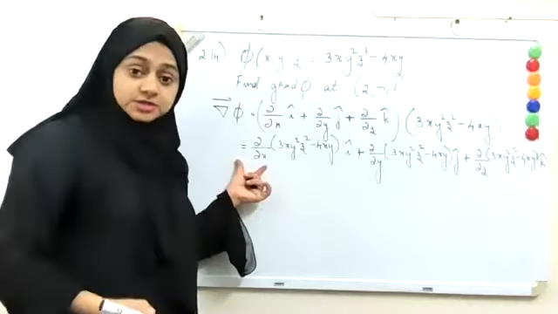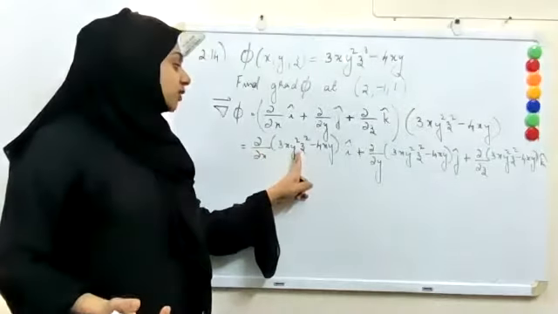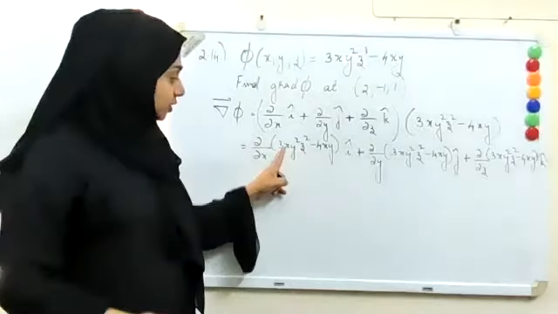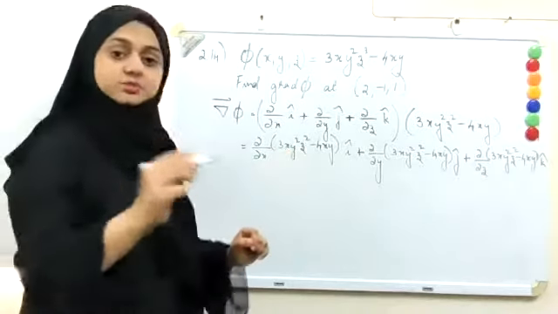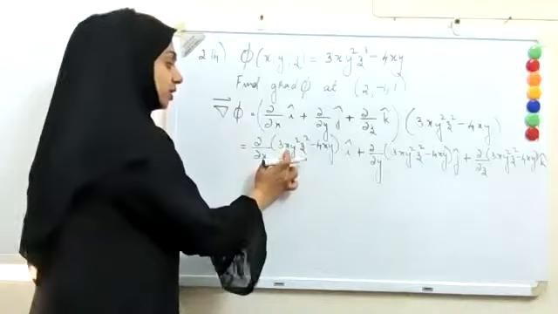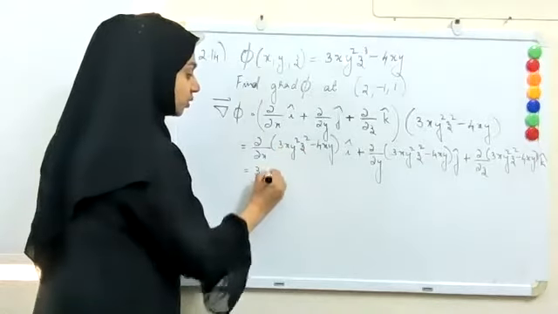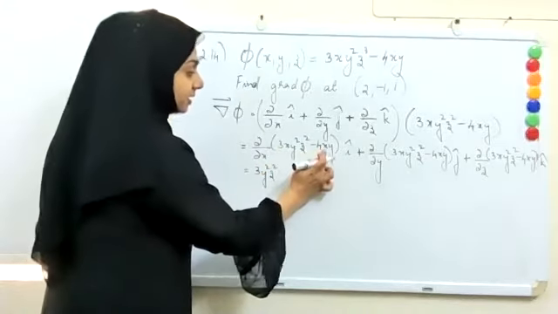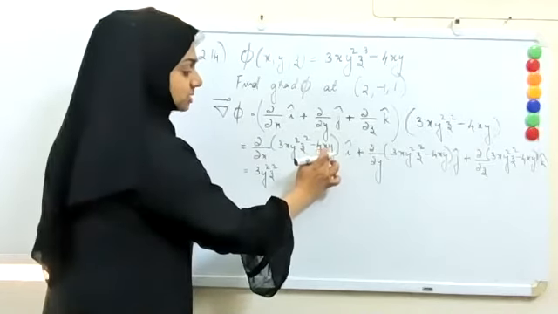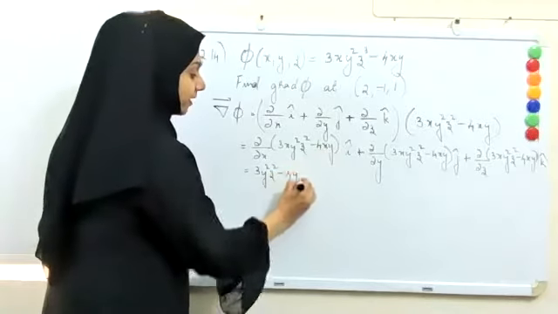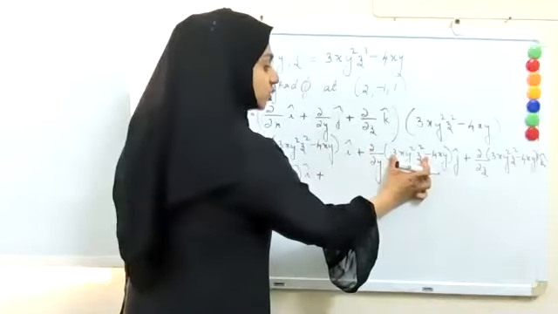Now this is partial differentiation. So when we are doing partial differentiation with respect to x, we can consider y and z as constants. So here it is 3x, so only x to the power 1. So dou by dou x of x will be 1. So this term will be 3y square z square. And here again dou x by dou x is 1. So it will be minus 4y into i cap,